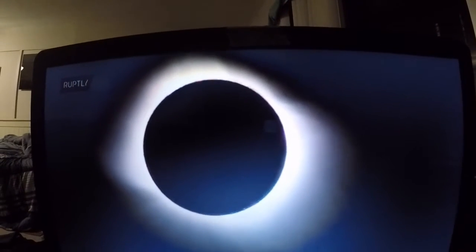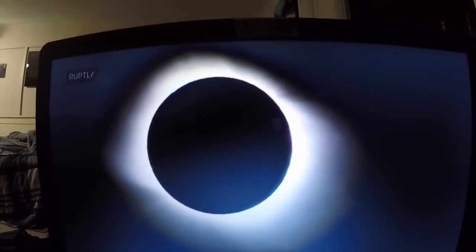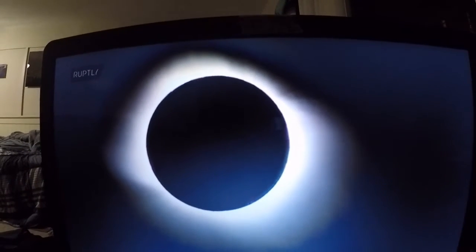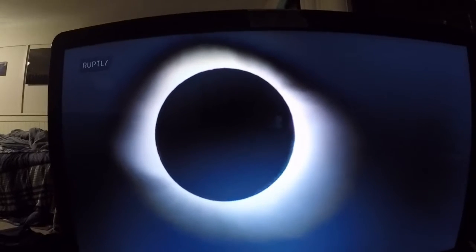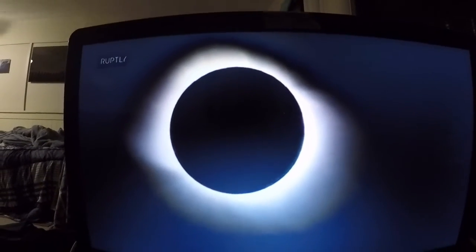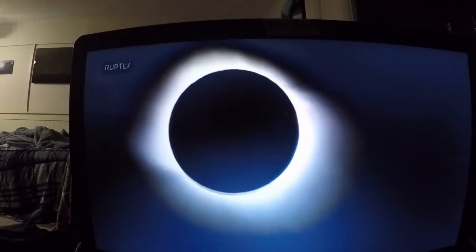And this actually happens with your eyes too. Your eyes adjust. Even though it's dark, now your eyes compensate. They go into kind of like a night vision mode, and then you can see this corona. And it is otherworldly. I mean, it looks,